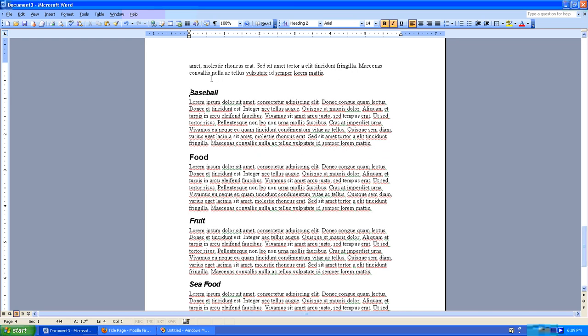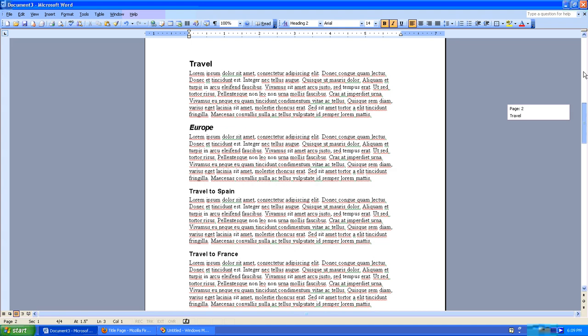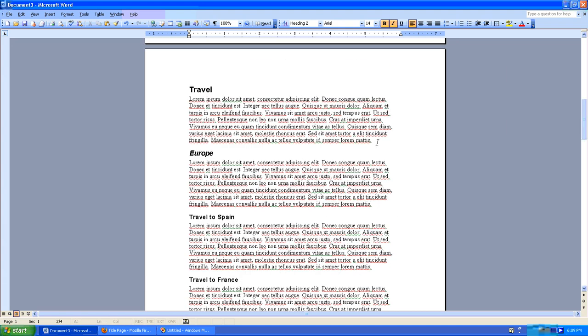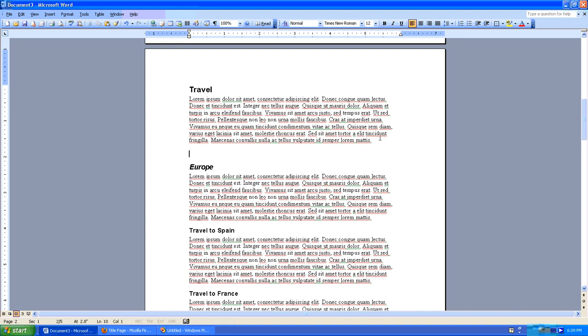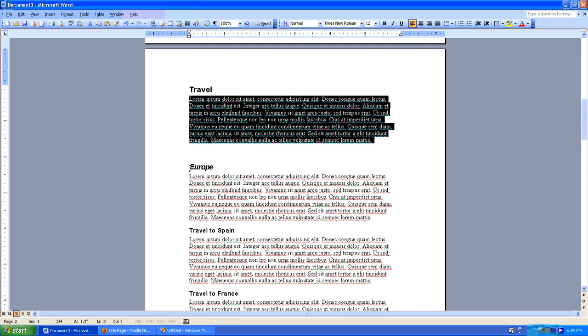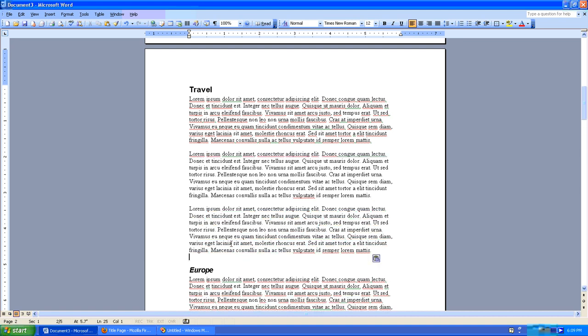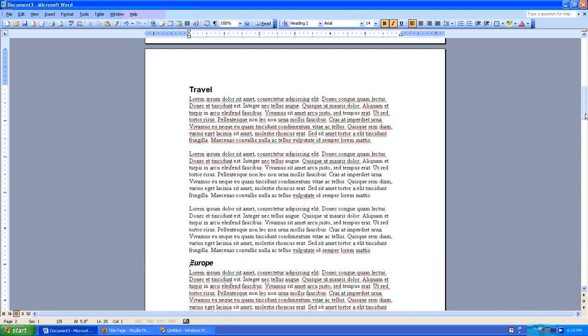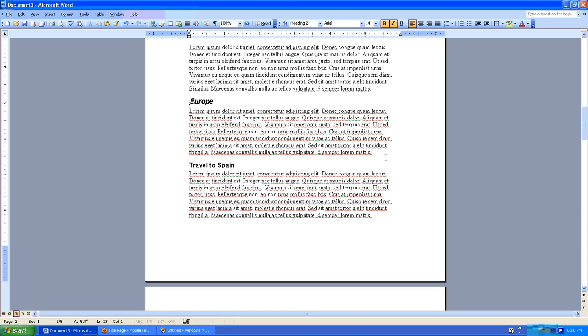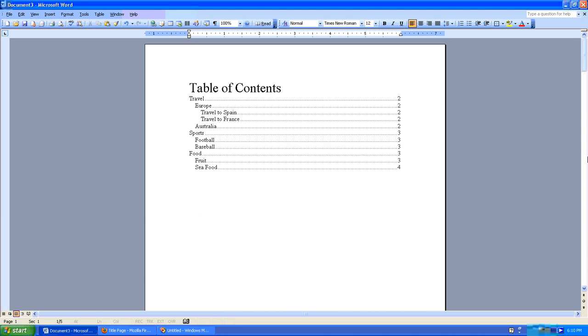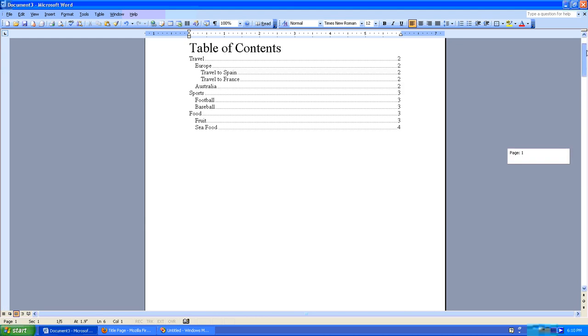Let's drive the point home a little bit more by changing the introductory paragraph for Travel. And we'll just add another paragraph here. And maybe just one more. And maybe one more to Spain, just to shake things up a little bit. Great. So now you'll notice that our document is about 5 pages long, and if we wanted to update it,